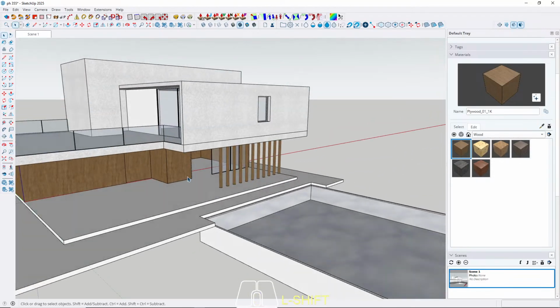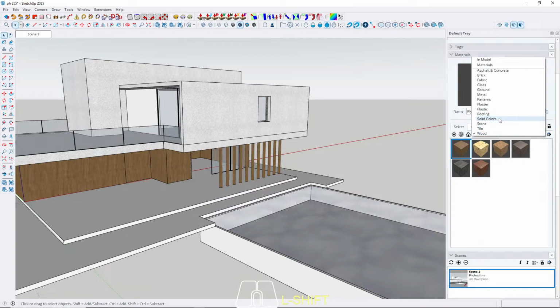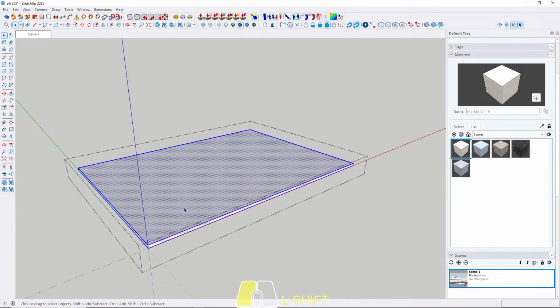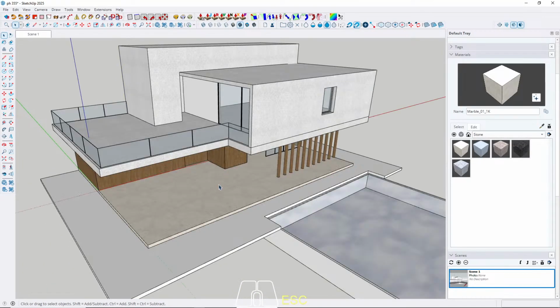And then let's put white marble for the floor. Where is it? Should be in stone. This one, the white marble. I think I want to use this for this first level,